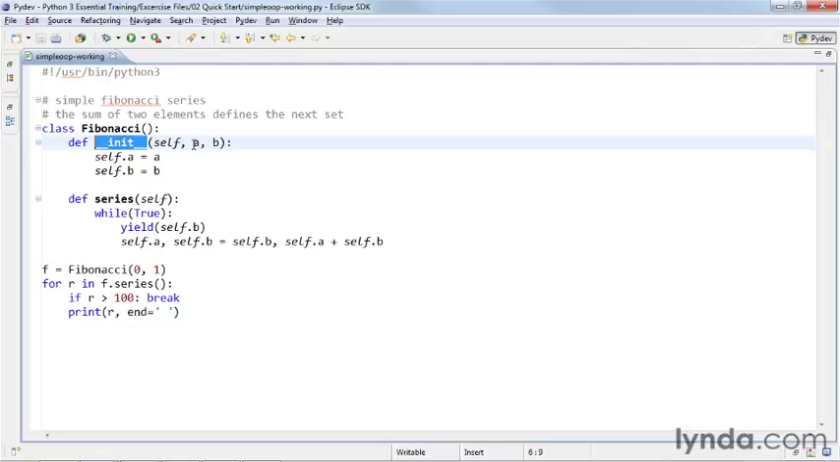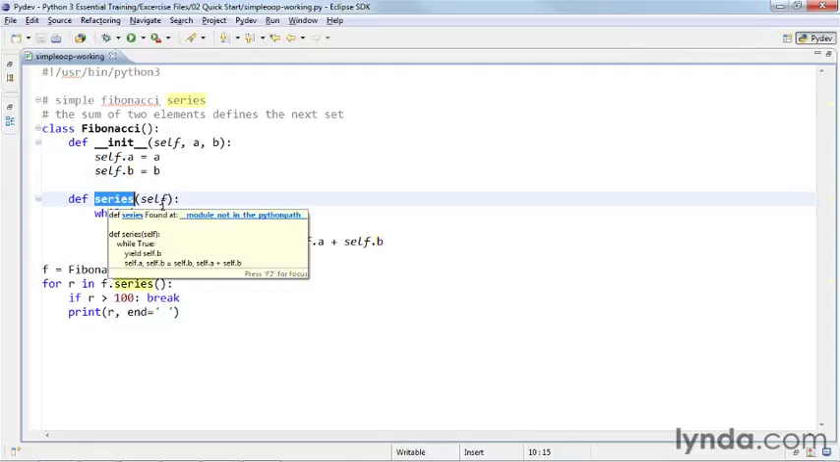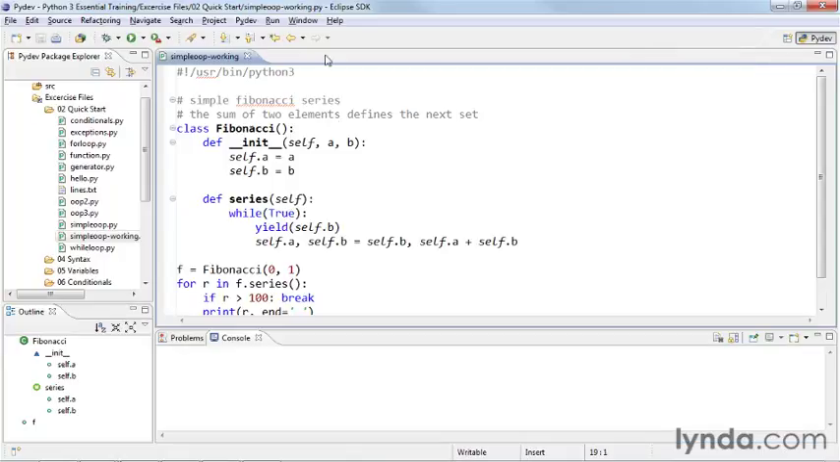And what this is doing here is simply creating some default initial values for a and b, which are going to be used as part of the Fibonacci series. And then we have this second method or function, and this one is actually a generator. You see it uses the yield statement, and so that generates an iterator which is used here in this for loop. And so for r in f.series is going to give us a series of all the Fibonacci numbers that are less than 100. So let's go ahead and run it,